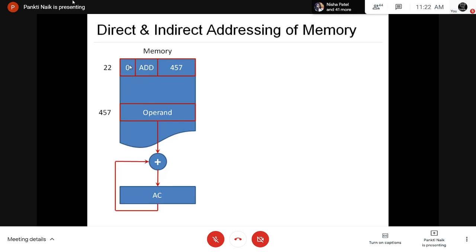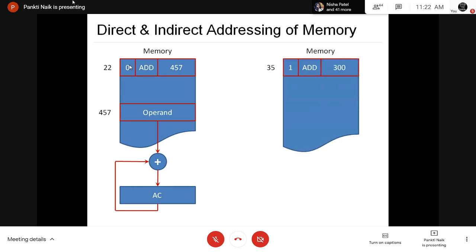Now, let's see the indirect addressing of the memory. Consider this instruction, add 300. So at memory location 300, we store the address of the operand, not the value of the operand.